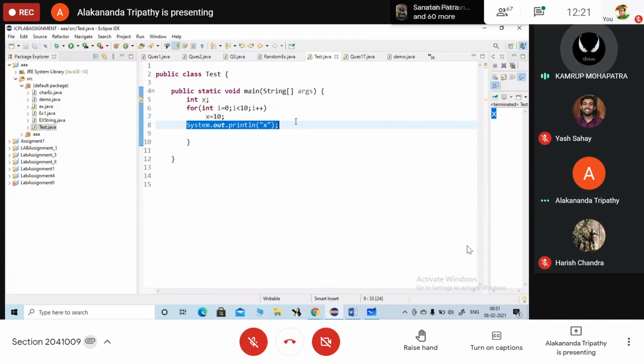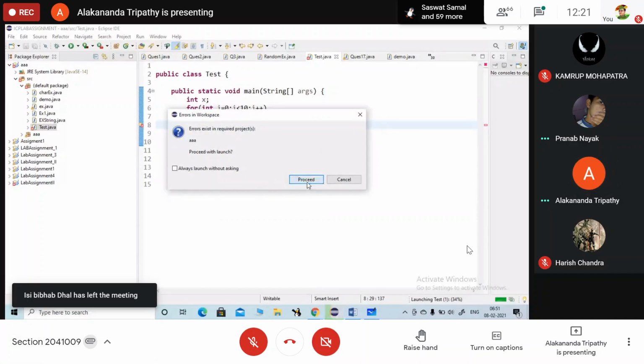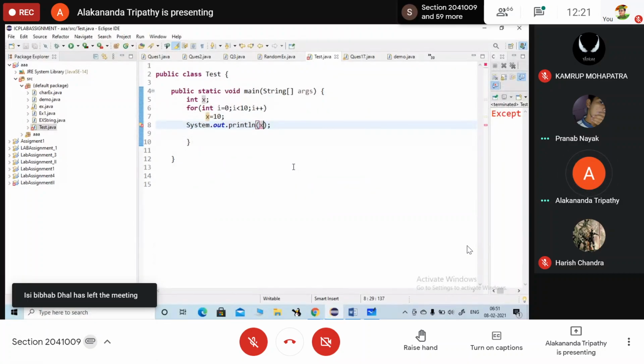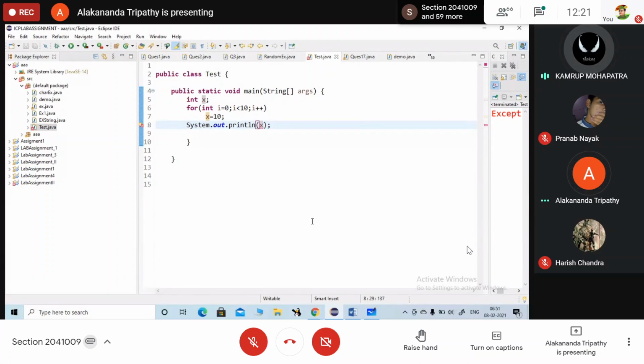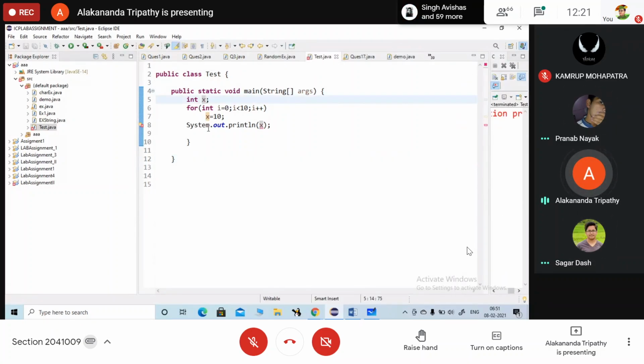Ma'am, it can be initialized if we remove the inverted commas. Then, I guess, it will show the output. If you remove the inverted commas, it will show the output one time. How many times will this output show? Ma'am, but there is an error. Yes, it will show an error, because here you have not initialized x, and where does the for loop end? At x equal to 10. The for loop ends at x equals to 10, which means it is initializing x how many number of times?